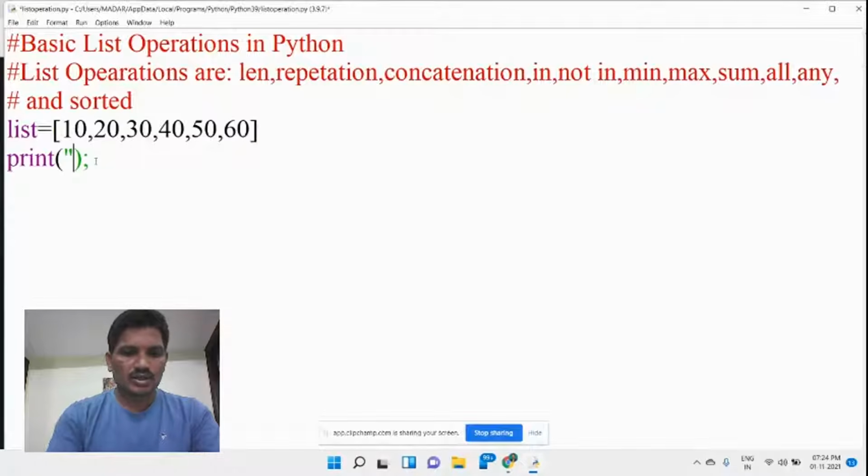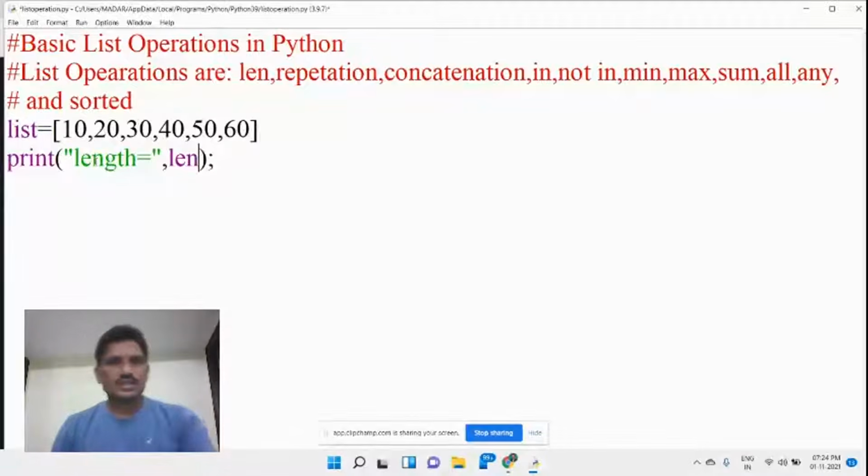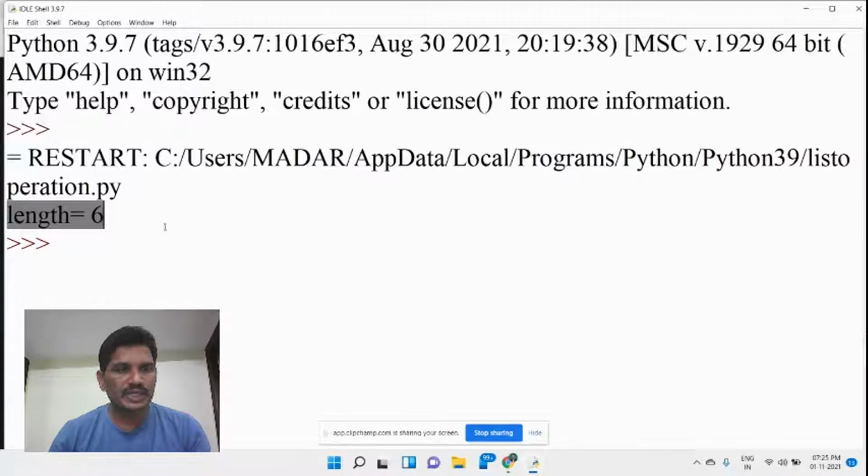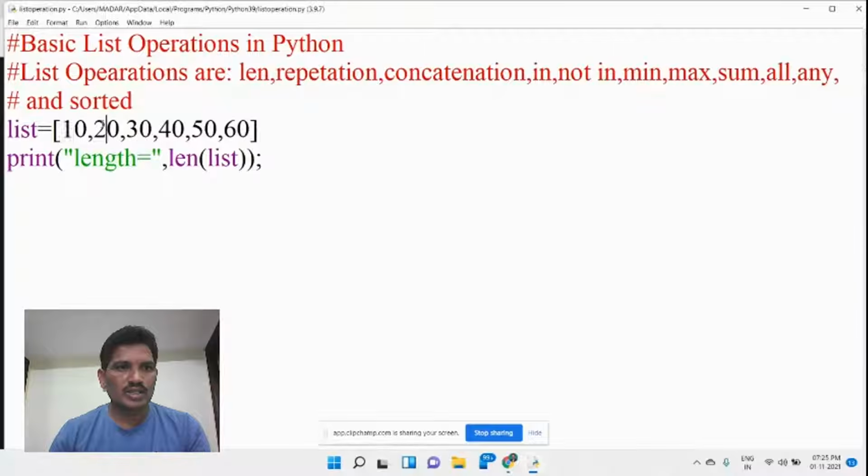I would like to write a comment: length equals len of the list variable or list object, followed by a closing parenthesis. Check it once. If you run this module, what is the output we got? The length should be 6. How many elements are there in the list? 6. I close the window. See here: 1, 2, 3, 4, 5, 6.